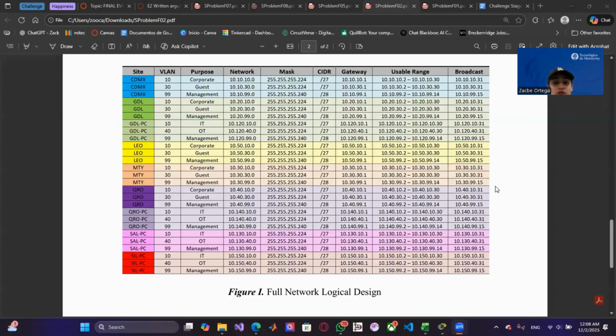Our team decided to use the private block 172.16.0.0/12, but to maintain consistency and clarity, we allocated a unique /16 block per city. This resulted in Ciudad de Mexico being 172.16.0.0/16. Guadalajara is